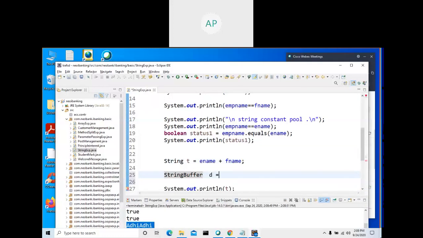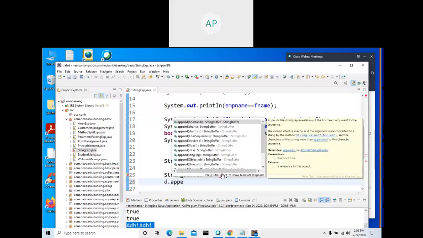If you want to do something like this, then use string buffer.